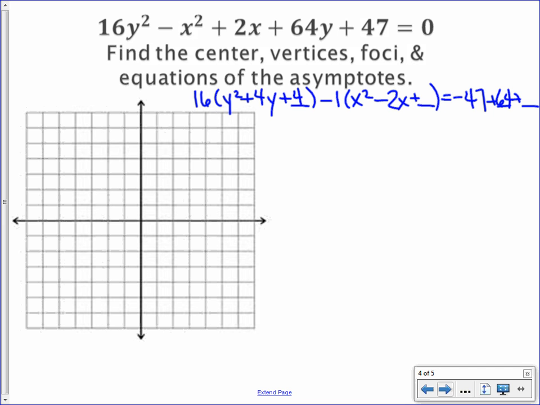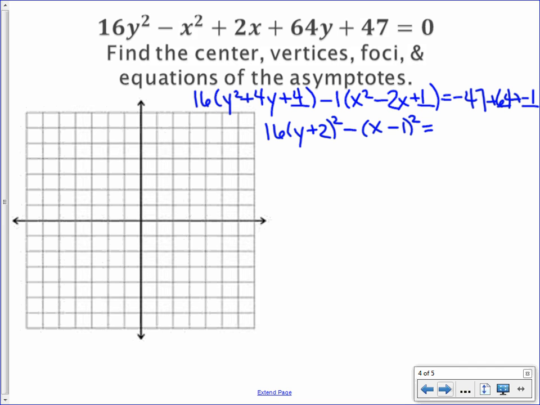What completes the square here? 1, but what are we really adding? -1, so make sure you add a -1 to the right side. So what we have is 16 times y plus 2, the quantity squared, minus x minus 1, the quantity squared, equals